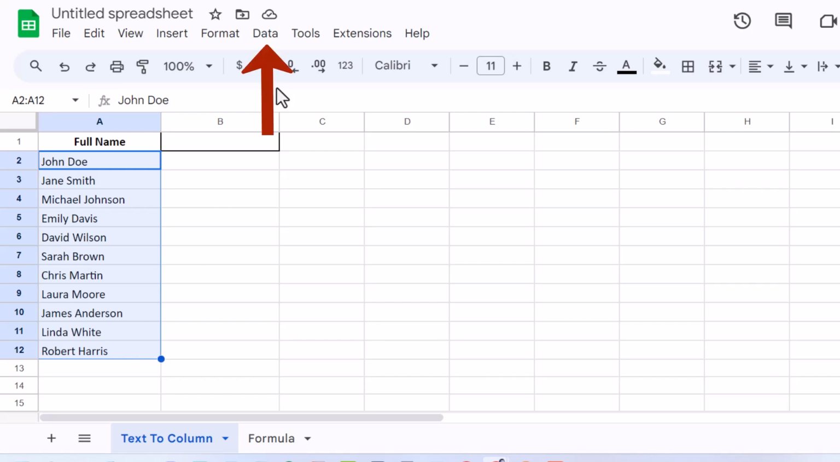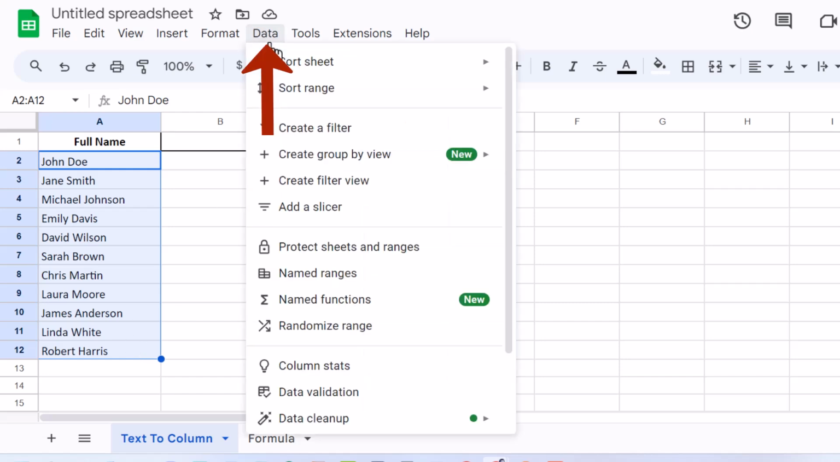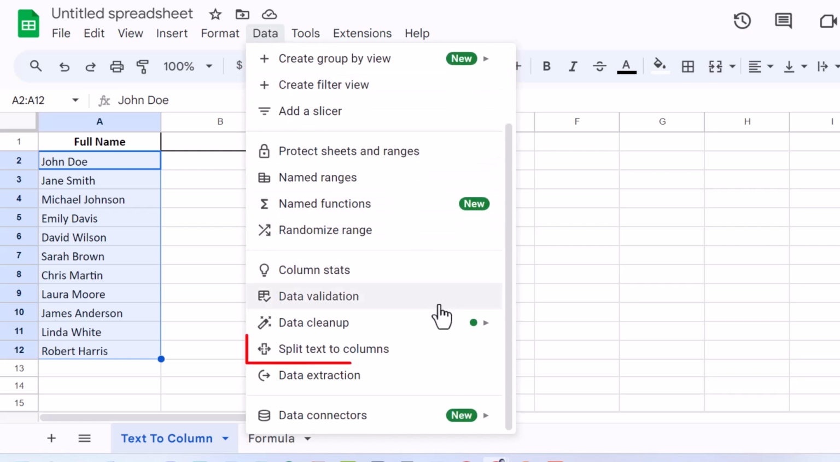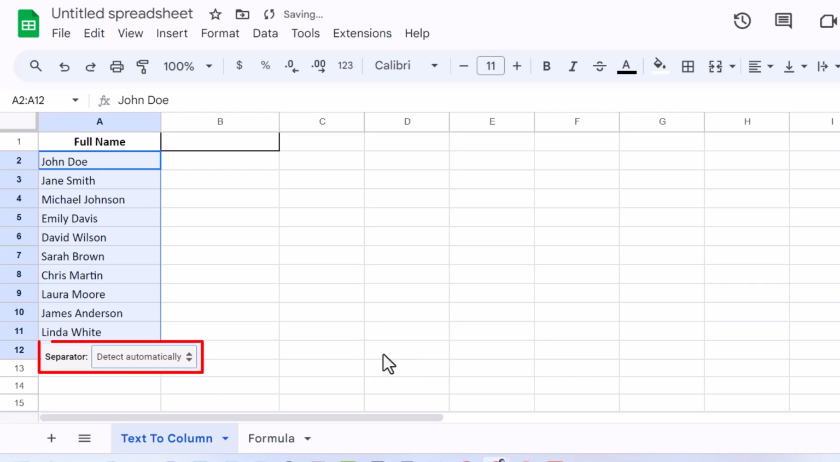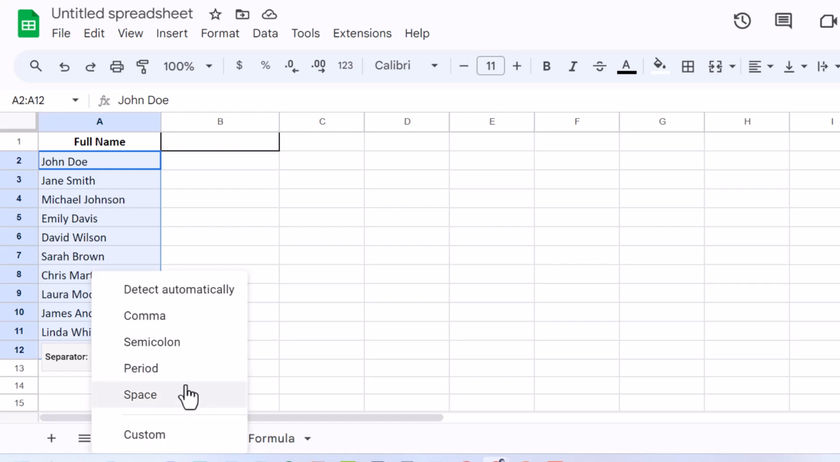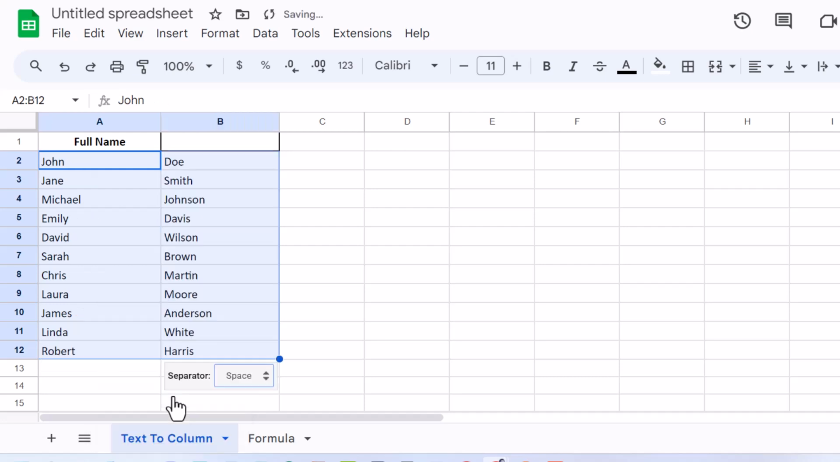Next, go to the Data menu at the top of the window to display the menu items. Scroll down and select Split Text to Columns. You'll see a small pop-up appear below the selected column with a default delimiter option. Click on the drop-down menu next to Detect Automatically and select Space, since spaces separate the first and last names